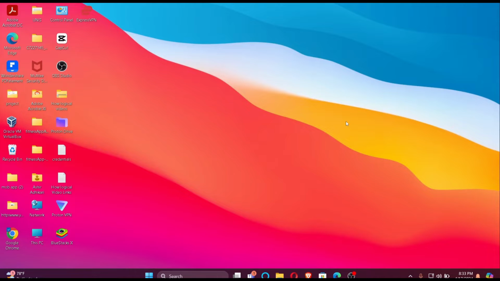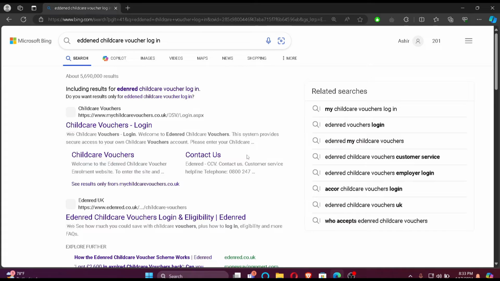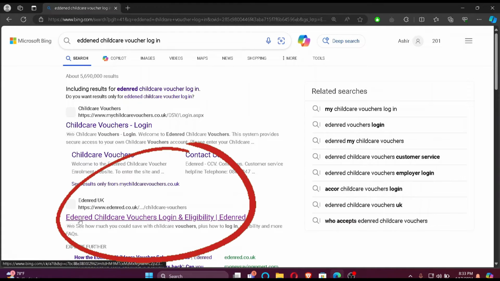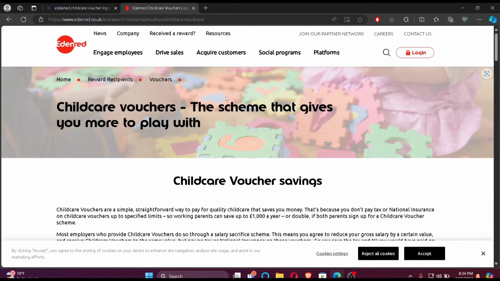Firstly, make sure that you have a stable internet connection. Once you do that, go to your default browser and search Edenred Childcare Voucher Login. Once you make the search, you'll find Edenred Childcare Voucher Login and Eligibility. Just click here. Now, as you are already redirected to the official page of Edenred,